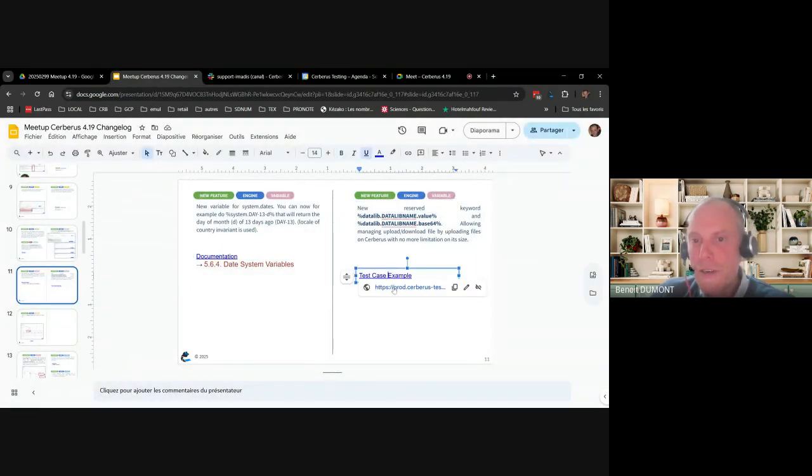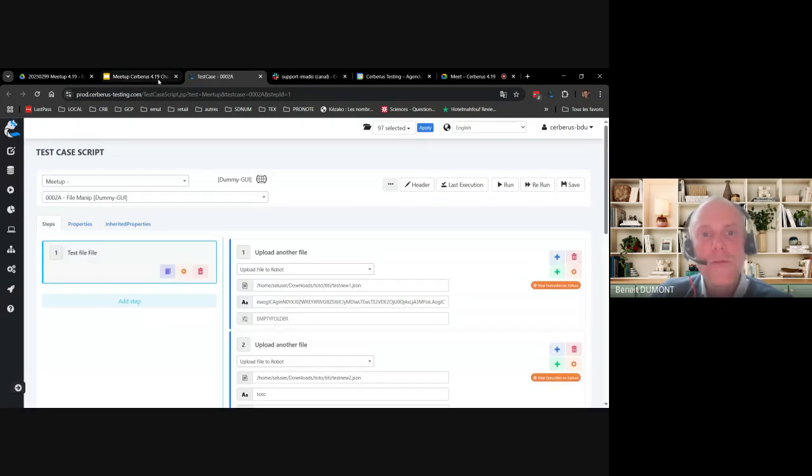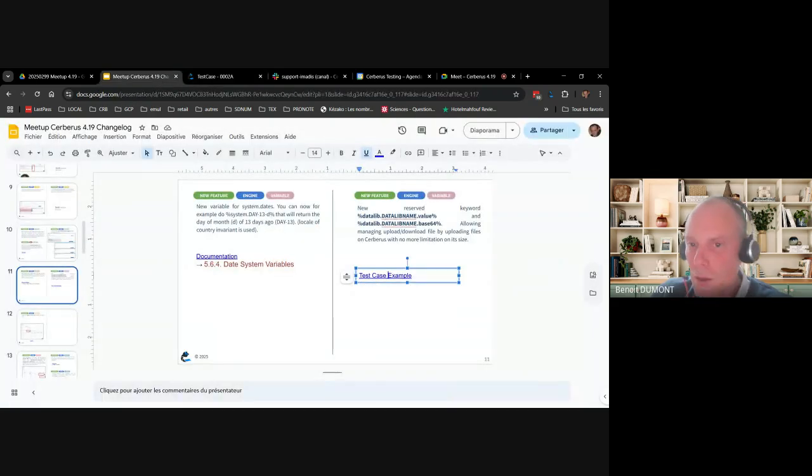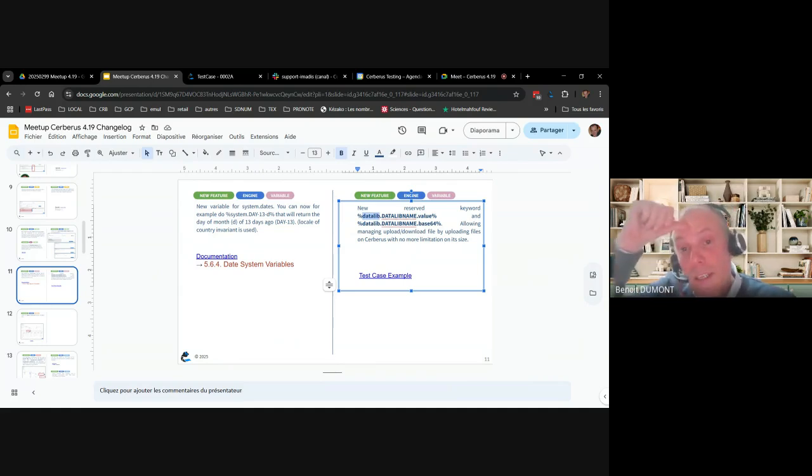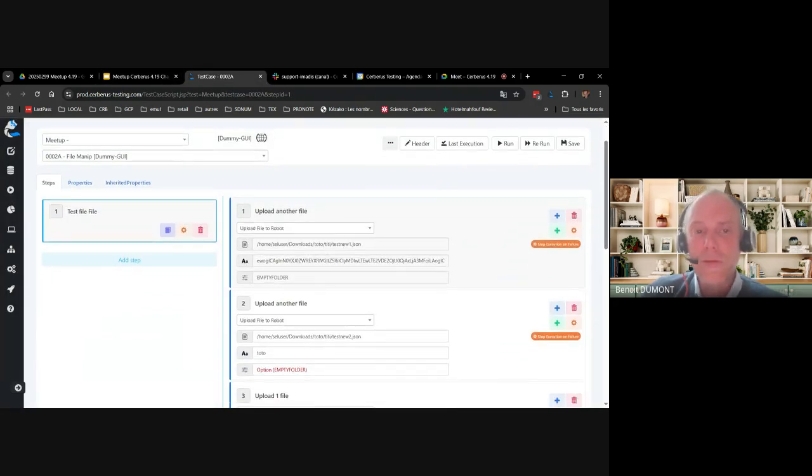Another significant improvement we did is on the file management, and especially we have created a new variable, a new keyword that is called datalib. So from that version, you can now directly access a datalib value without being forced to create a property. And that has been used to answer the first use case, which is to better handle the file content when you do some tests on upload and download some specific files. So this is a test case to illustrate.